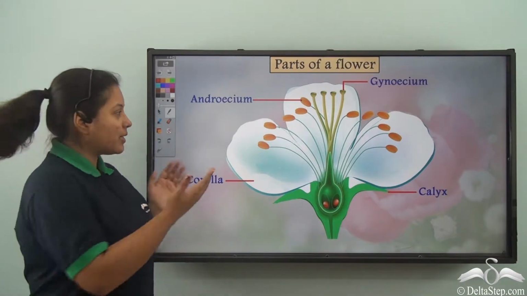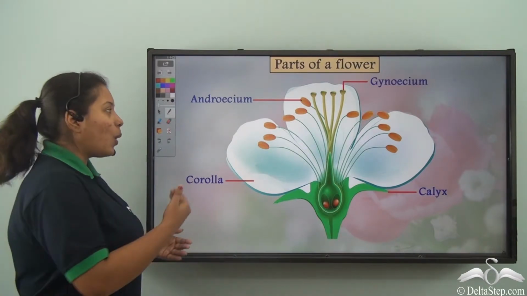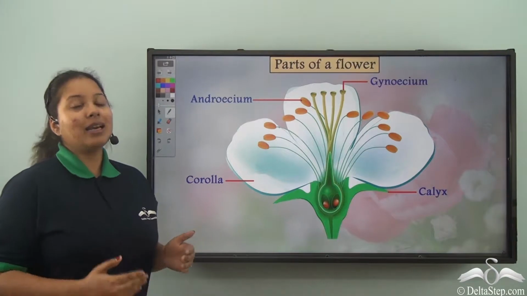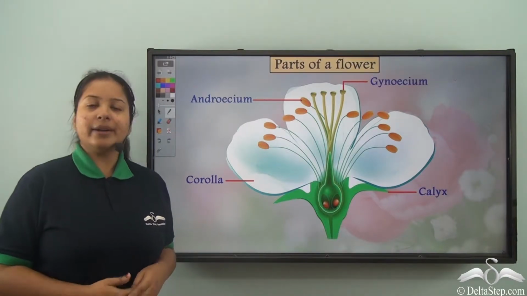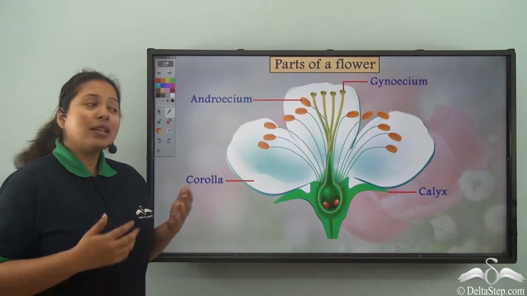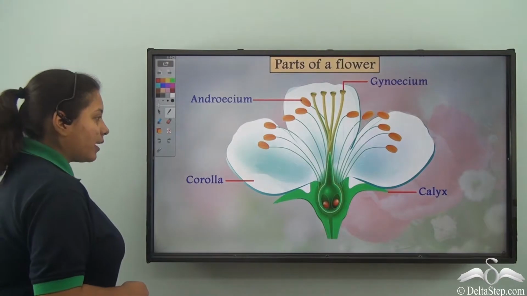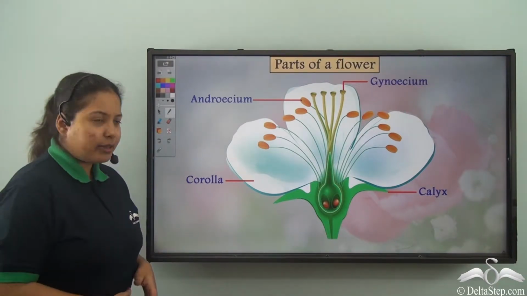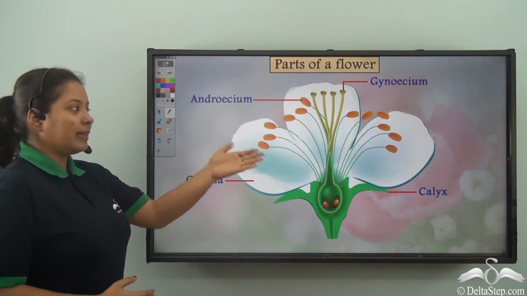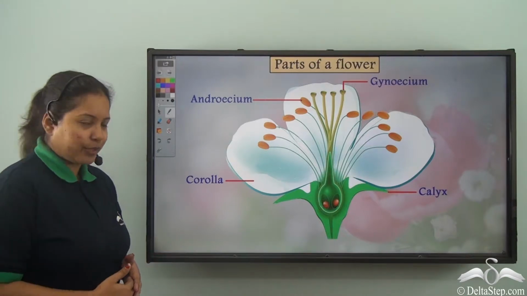But what about this beautiful flower? Well, if you see over here, all the flowers have got different parts. And similarly, the parts also have their own functions, just like your body parts. So let's see how these parts help the flower. First, we can see over here a flower that is cut into two halves and you get this picture. So let's learn the parts over here.